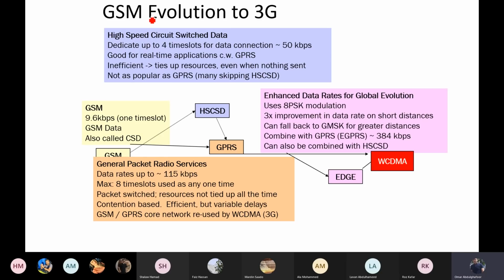So moving to 3G, high-speed circuit switched data. You remember the circuit switched data in chapter 2. But here it's high-speed circuit switched data, HSCSD, and also GPRS, the general packet radio service, to provide data access or internet access,